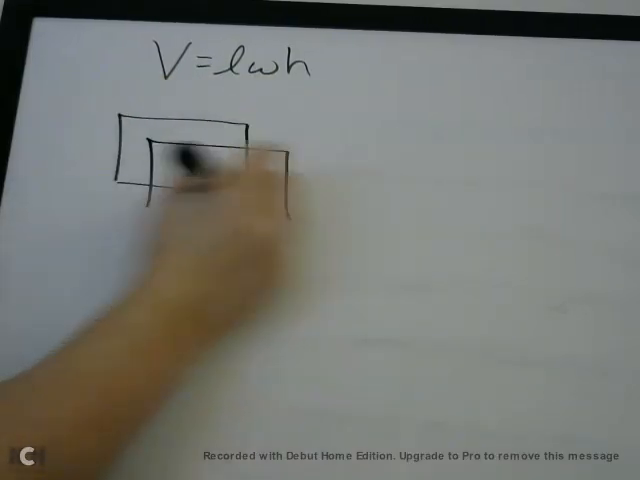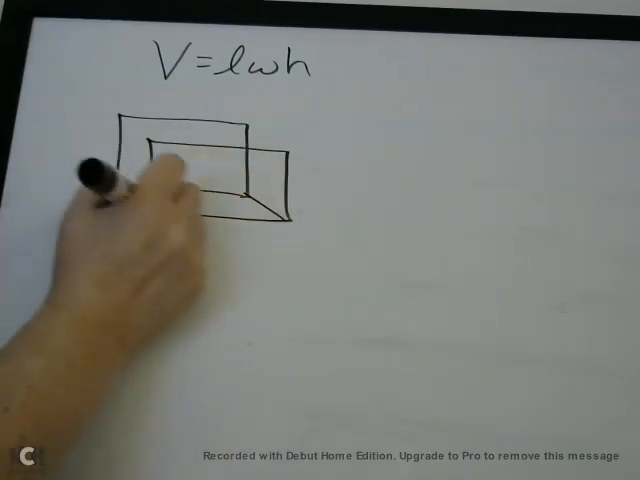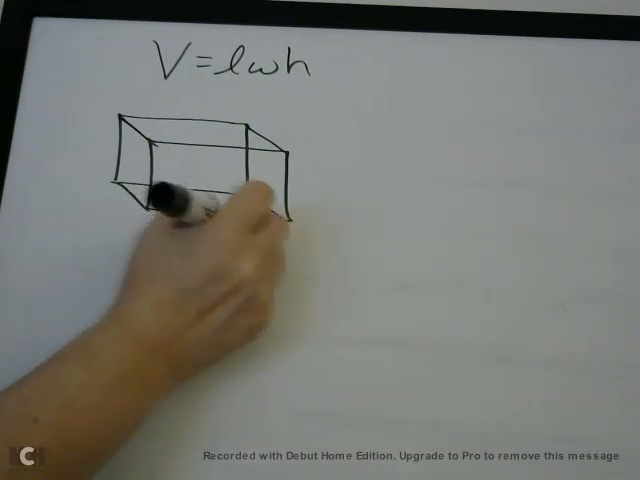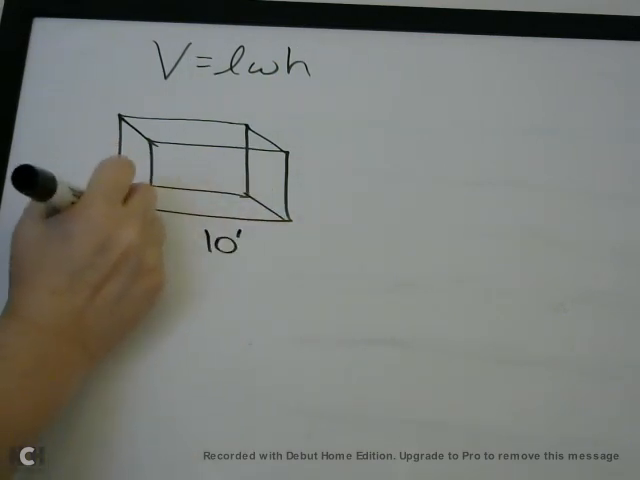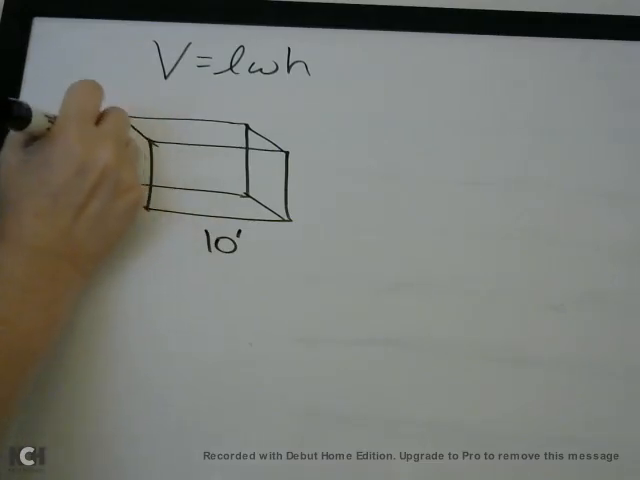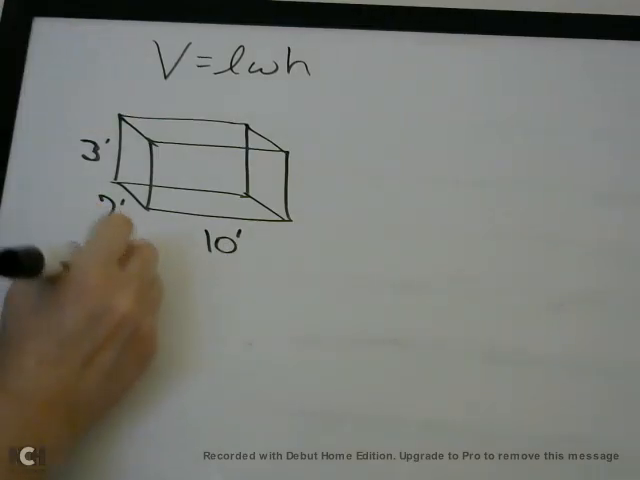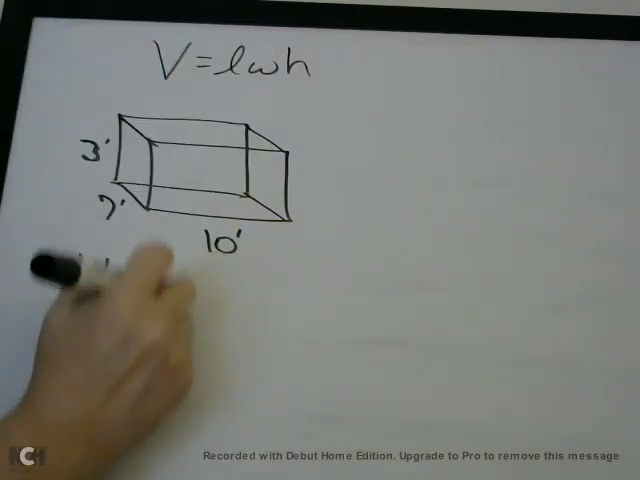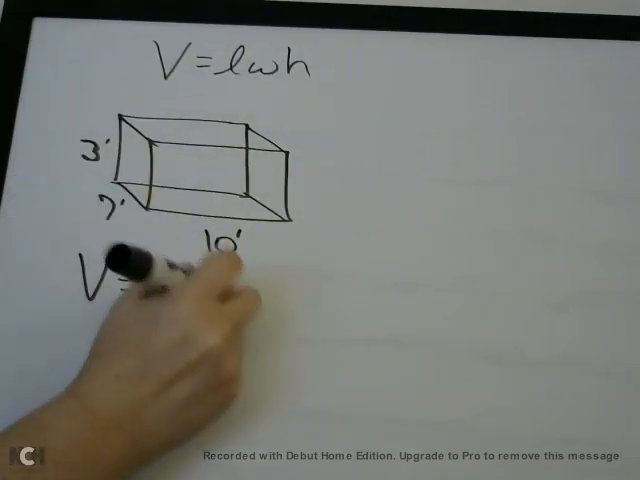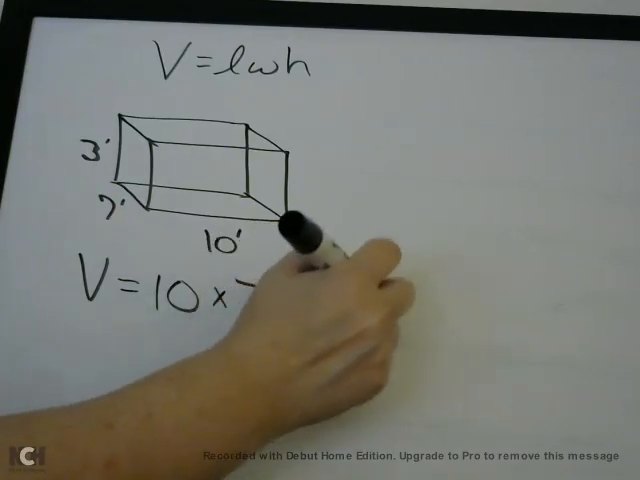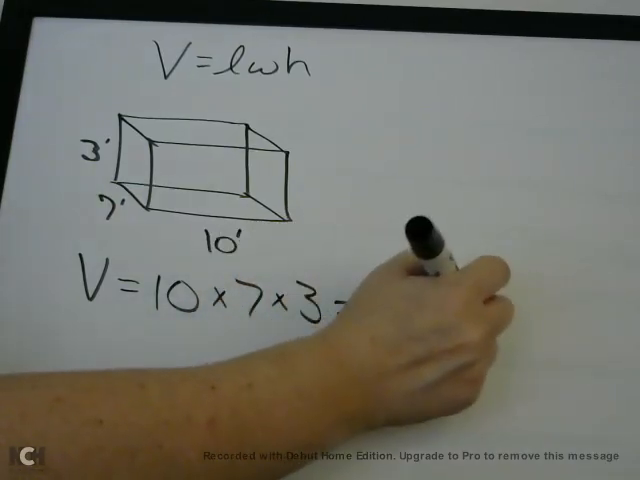So let's say we have a box like this, and this is not going to be drawn to scale, but let's say we have 10 feet by 7 feet by 3 feet. And it asks, what is the volume of this rectangular prism? All you do, pull out your formula sheet. Volume equals length, which is 10, times width, which is 7, times height, which is 3. Put that in your calculator, you get 210. This is in feet,